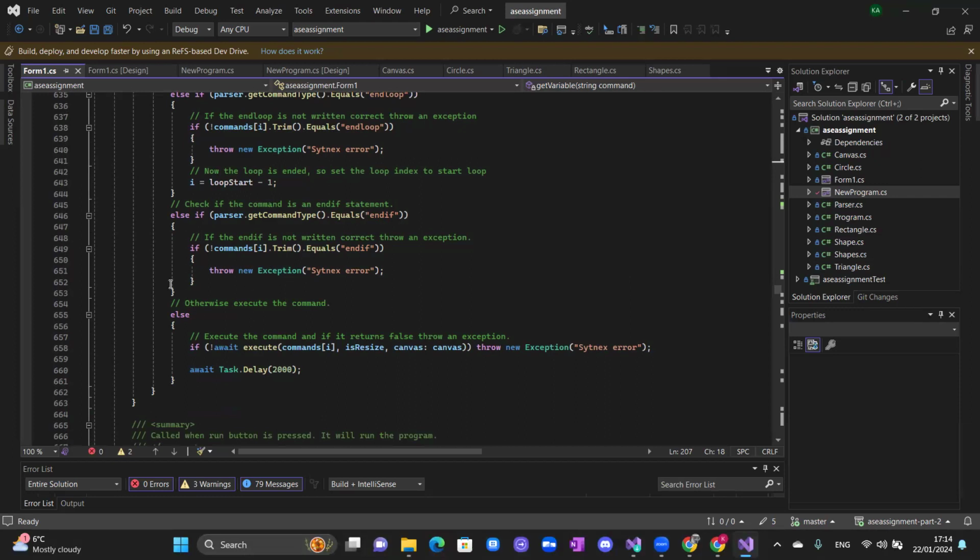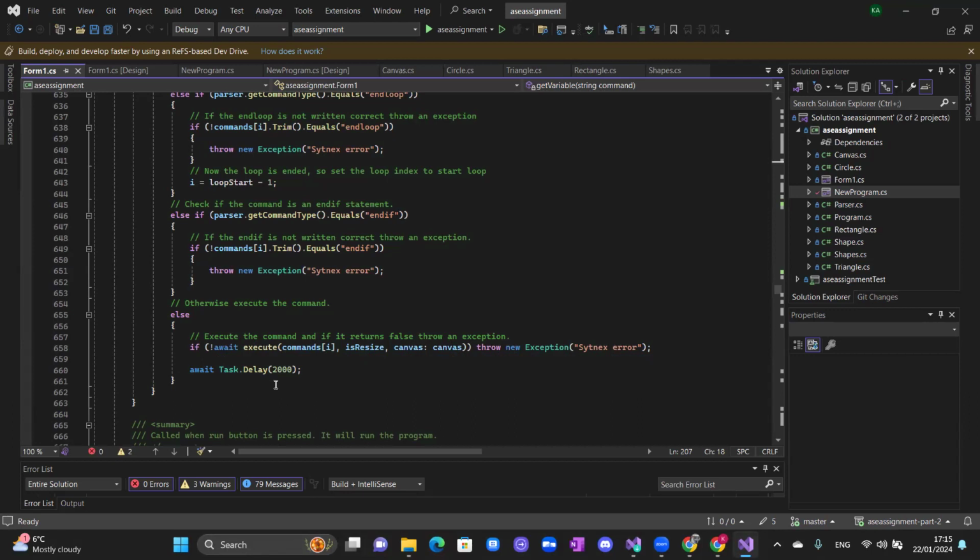Else I will here execute the command and I will say here if the await the execute the command and the resize and the canvas, I will execute the command. If it is not true, so through the syntax error, and then here wait task delay